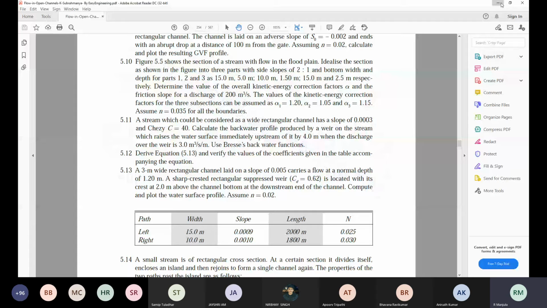But when the depth variation is very small, here from 3 to 1.5 meters, only 1.5 meters, in that case you need to go for more sections. That's why we take 0.3 meter as the variation. The maximum is 1 plus or minus 0.01 y0, but the minimum you can go is 0.1, 0.2, 0.3, whatever. Depending on the problem, you can decide. If you do all these 5 problems, you'll have good practice.